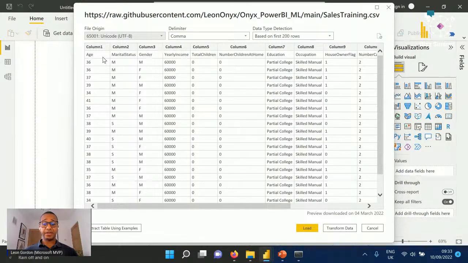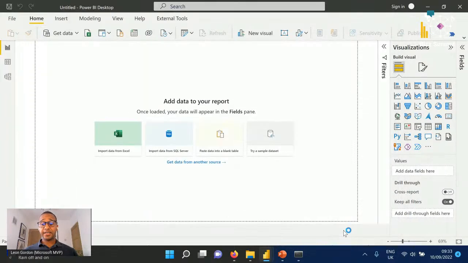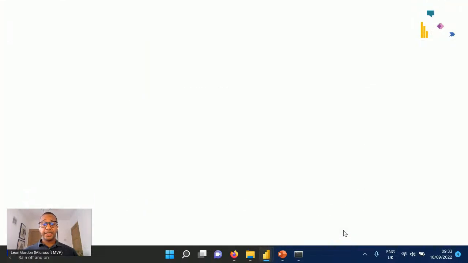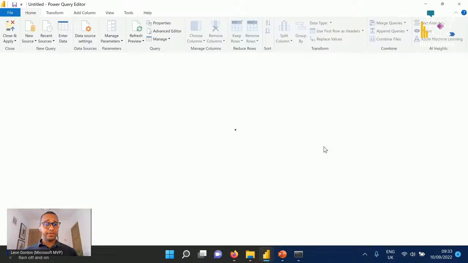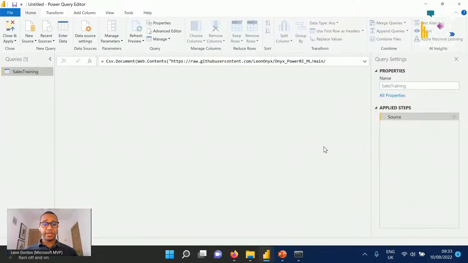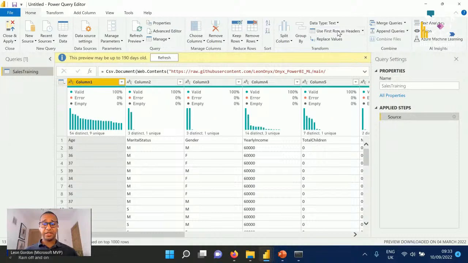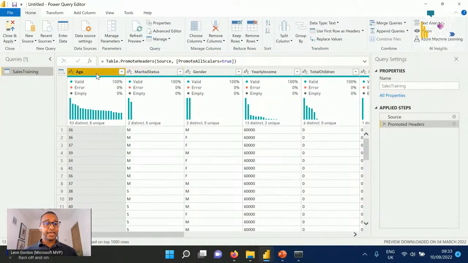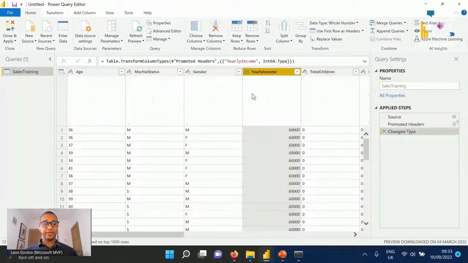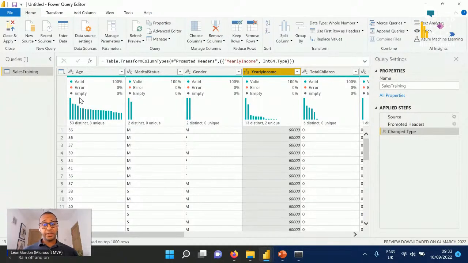Now you'll notice that Power BI Desktop hasn't correctly identified our first row as headers and also hasn't identified our data types as well. Now, in an effort to stay on time, I'll show you briefly how you would resolve that. So you would select here, use first row as headers, which will promote our first row to headers. And ultimately, you can change some of your data types by selecting this icon in the top left here and changing the value. Now, I won't do that for all of our features here, and we're going to move on